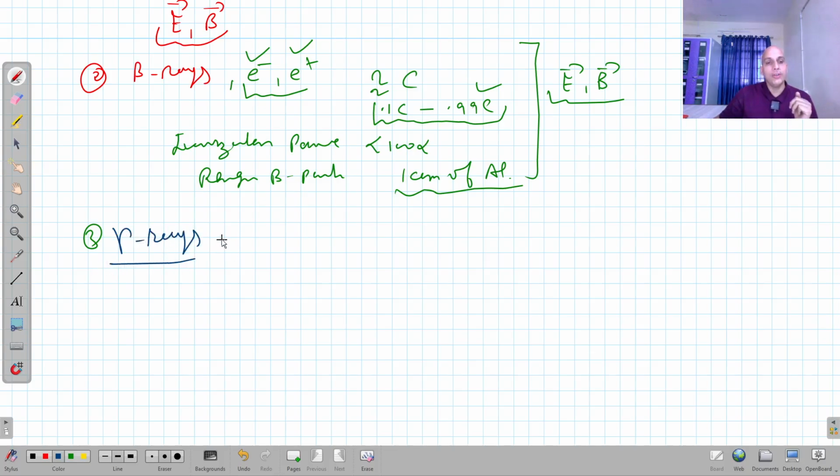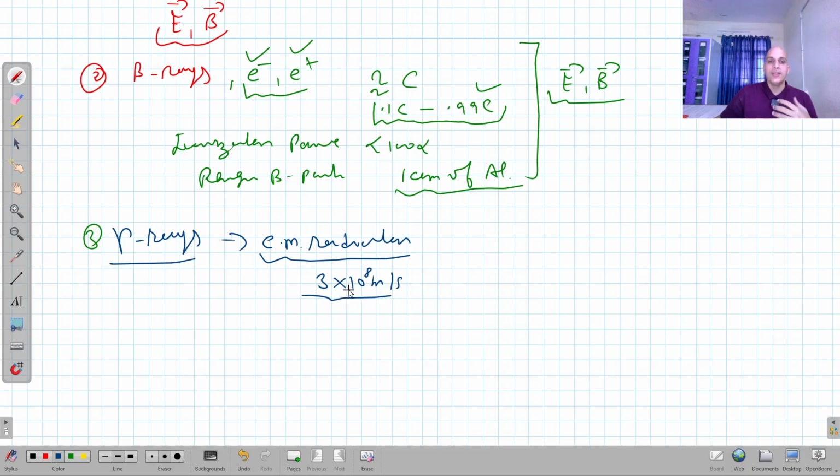Now, I told you that gamma rays are basically electromagnetic radiations, right? The gamma radiation or gamma decay is emitted from the nucleus when the nucleus has excess energy. It is in the excited state, so it radiates its energy in the form of gamma rays and comes back to the ground state, right? We know very well that electromagnetic rays travel with the speed of light. So their speed is